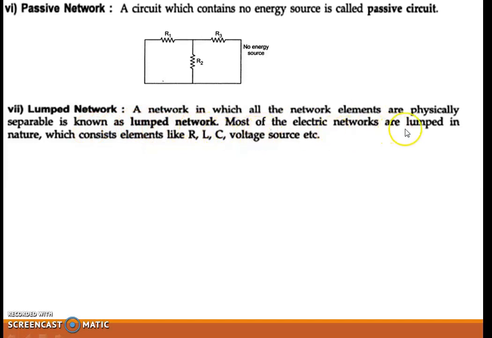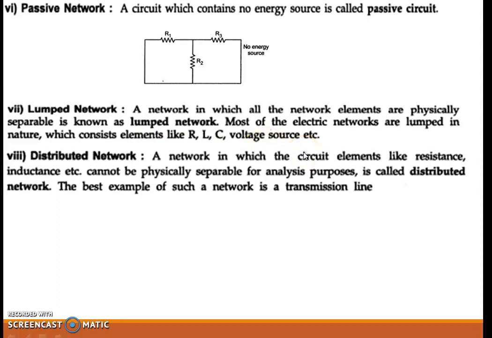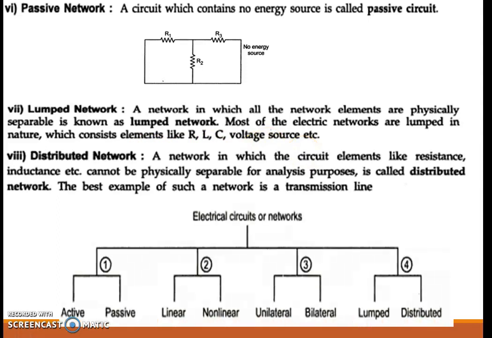Most of the electric networks are lumped in nature, which consist of elements like R, L, C, voltage source, etc. Then the last one, distributed network. A network in which the circuit elements like resistance, inductance, etc. cannot be physically separable for analysis purpose is called a distributed network. The best example of such a network is a transmission line, because in a transmission line we cannot separate